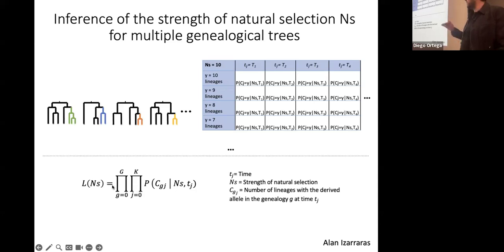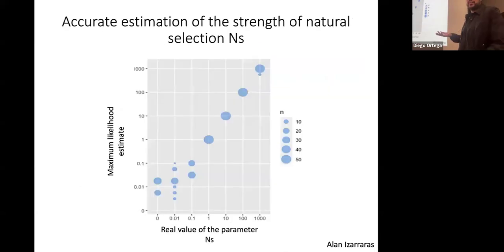And so basically the way we do it is we compute the likelihood value for different values of selection, and then we just try to find out where we maximize our likelihood function. So we went on and we tried this, and here are some simulation results. The real value of the parameter is a function of the population size multiplied by the selection coefficient, which is the selection coefficient I was telling you before. And here we look at results where we have a value of selection equal to 0, 0.01, 0.1, 1, 10,